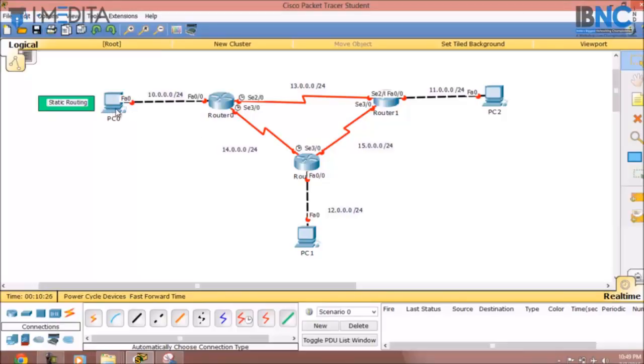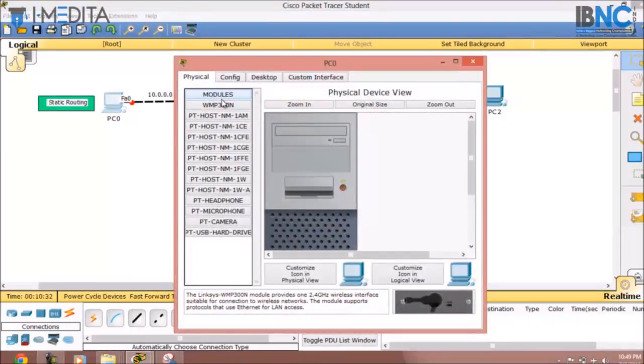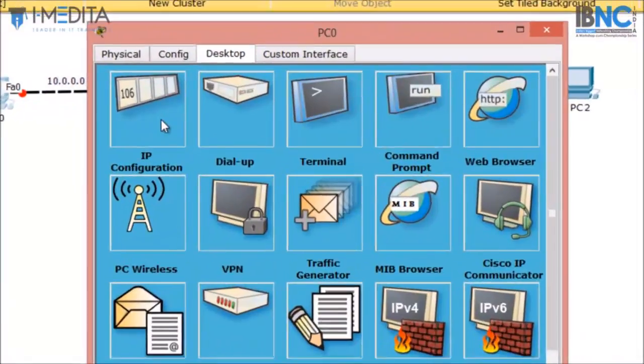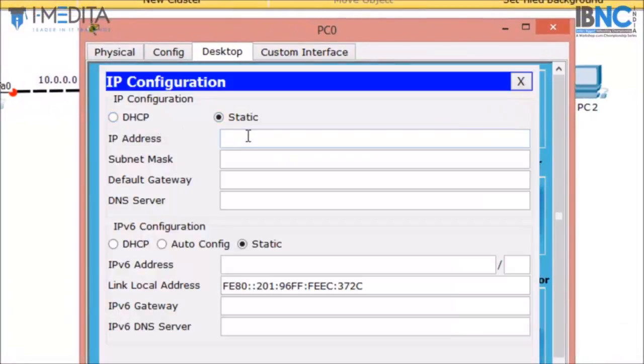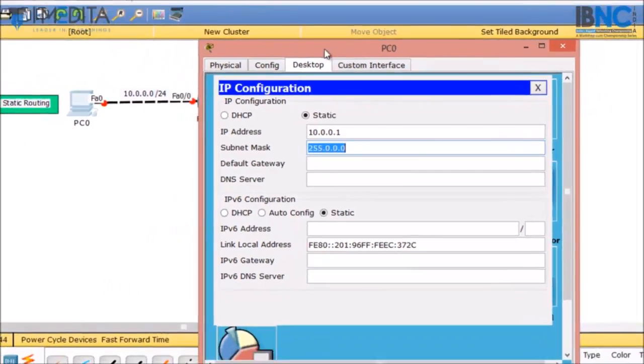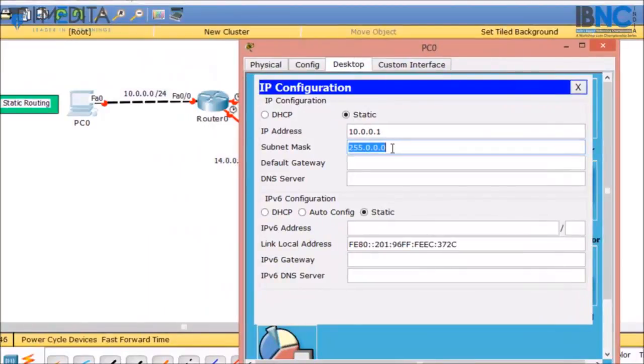First we need to configure the PC. We will click on the PC, go to its desktop and then click on the IP configuration, and we will assign an IP address 10.0.0.1 with the subnet mask. As you can see, we have taken /24, so we will manually configure the subnet mask 255.255.255.0.